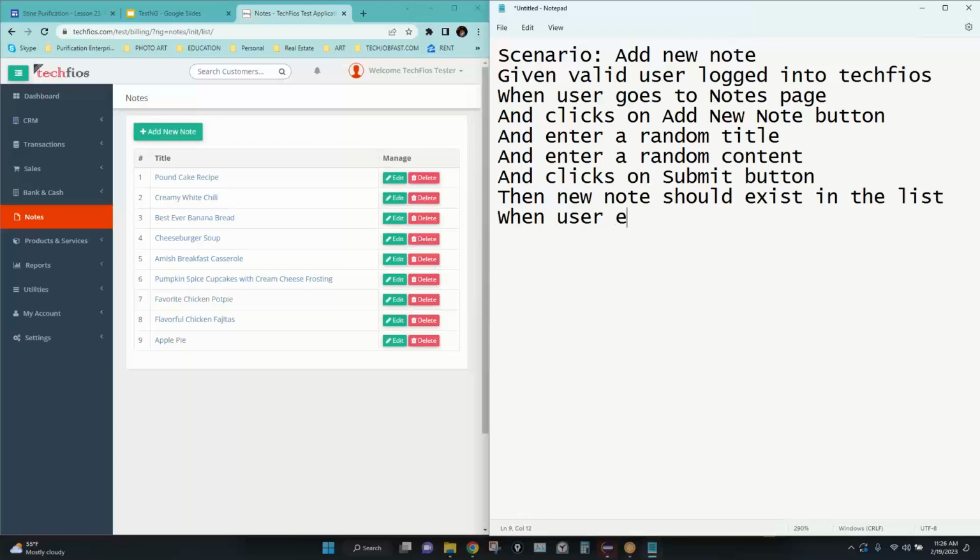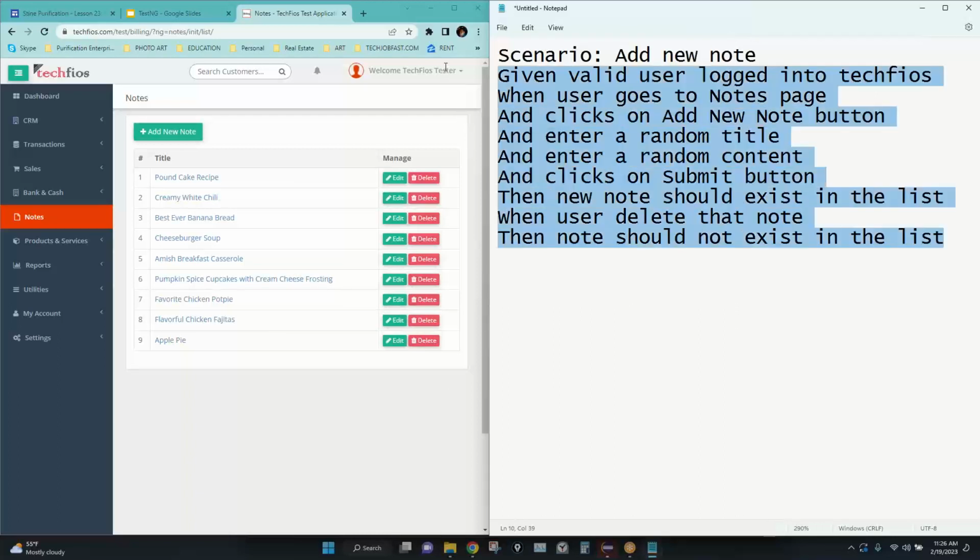When user deletes that note, then note should not exist in the list. Any questions on the test case? No. Okay. Then let's copy this and we take this as a pseudocode and really want to do that in our test case. This would be the test case method name, add new note,